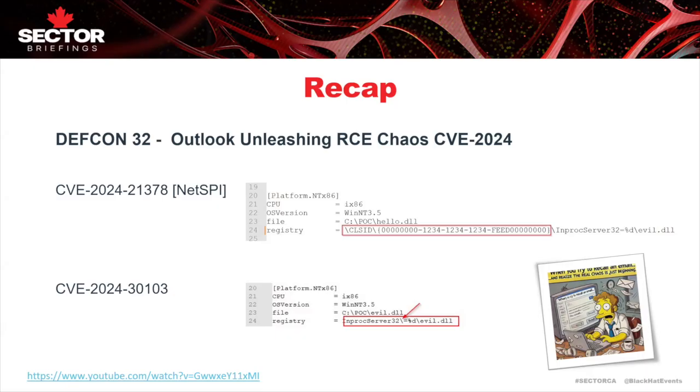NetSpy was the first group to find a vulnerability that allows generating a custom form and misleading Outlook to execute it as if it's a built-in form. It basically gave it a path with a class ID, and Outlook thought that it was a legit built-in form and executed it. The problem was a relative path.